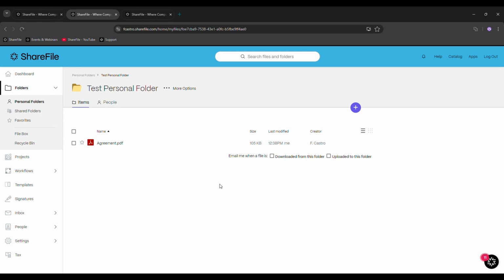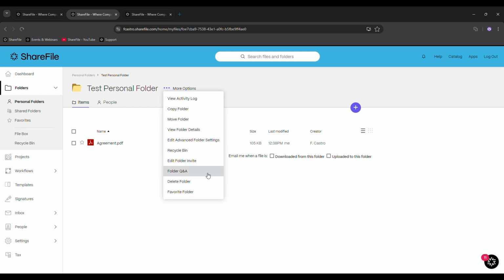So, important things to consider within the folder. You have the items section where you will see the folders and files that are part of the folder. You have the people section where you will be able to add a person to the folder. You have more options. In these options, you have view activity log, which means that you can see all the activity that has happened within this folder. You can copy the folder, creating a duplicate of it. You can move the folder to a different location. You can see the folder details. You can edit the advanced folder settings. You can go to the recycle bin for this specific folder. You can edit the folder invite.